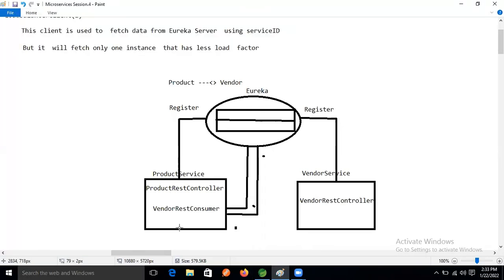This consumer will make the request using REST template to the URL. One instance will return, and in that instance we take the URI plus the path. We will take the path of this provider plus what comes from